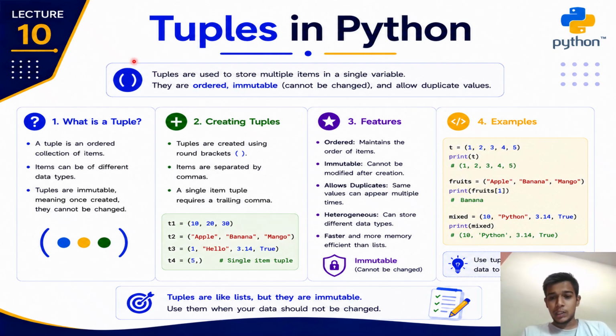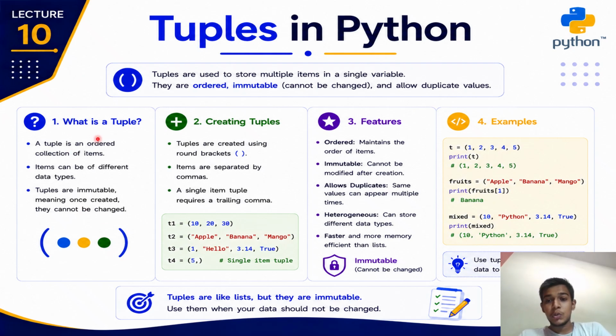If you already know about lists, then learning tuples will be very easy because tuples and lists are very similar. However, there is only one difference that you should always remember. A tuple is an ordered collection of items. It allows us to store multiple values inside a single variable, just like a list. A tuple can store different types of data together. For example, it can contain numbers, strings,